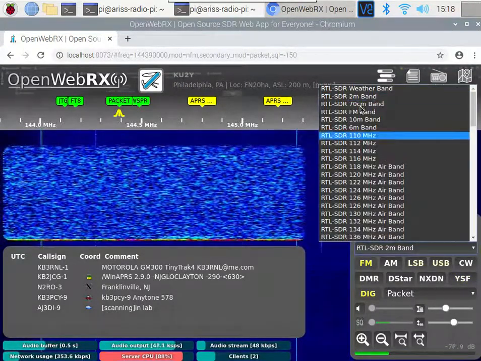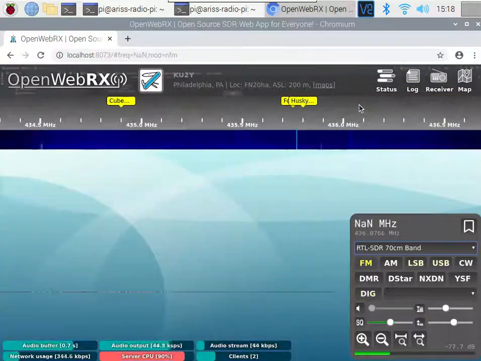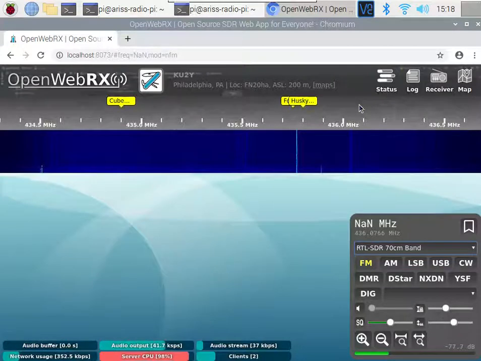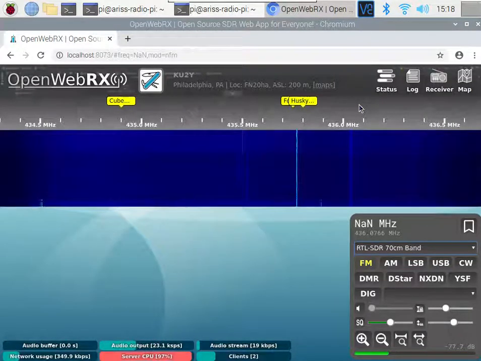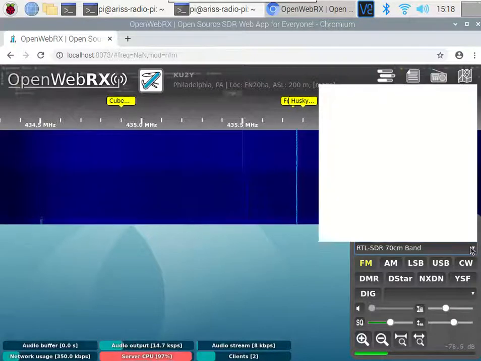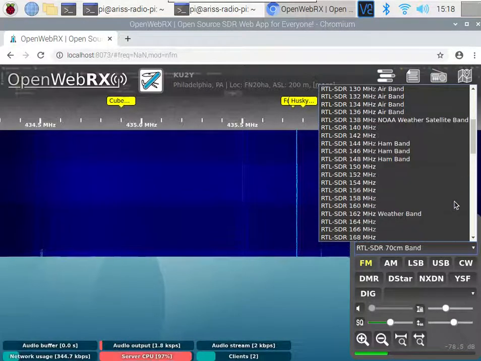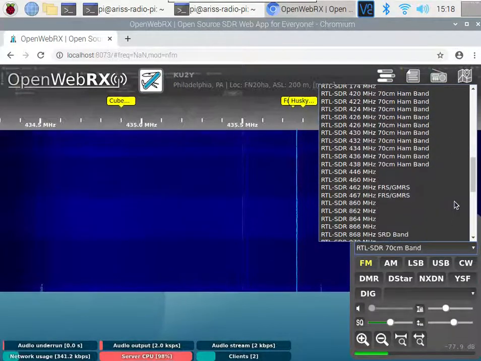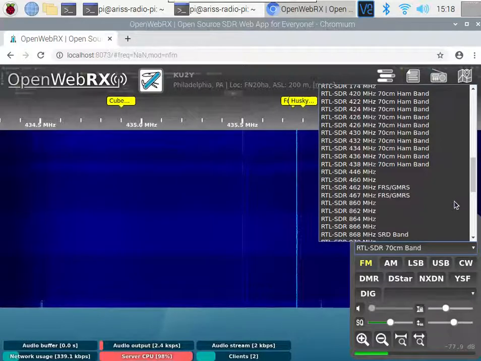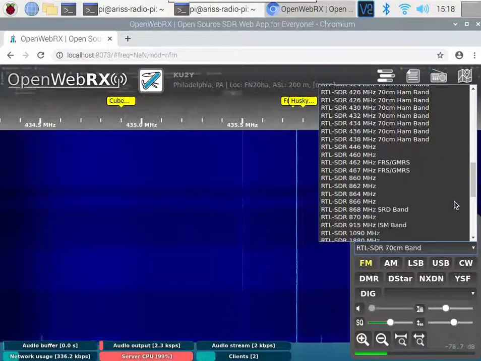I can switch to another one here. If I switch to the 70 centimeter band, so this is also a ham radio band as well. Let's see. Right now, there's lots of bands to choose from, and you can do research on which ones have which signals, or you can just tune around and see what's there. One I like is this